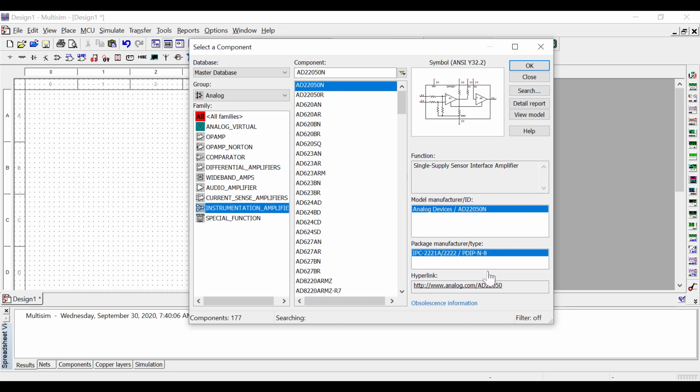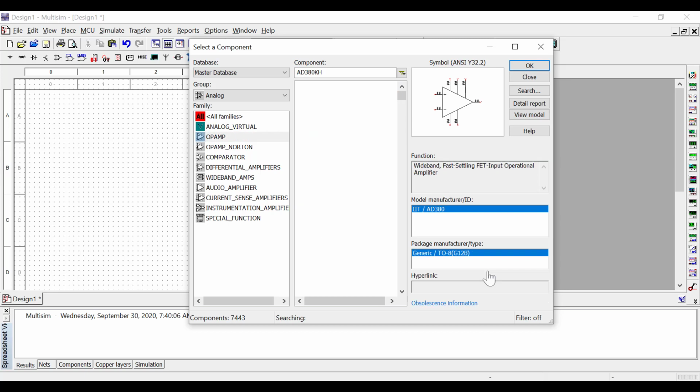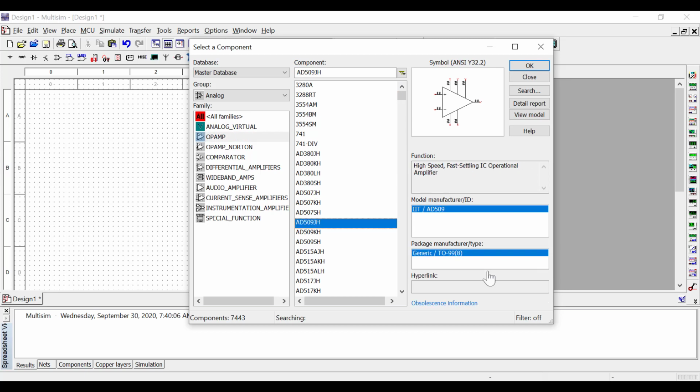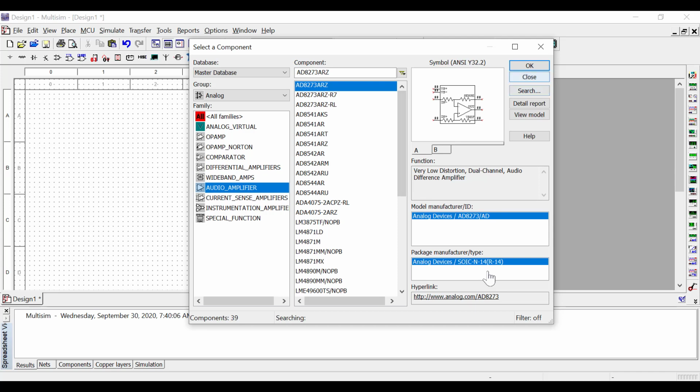These are all analog circuit related components or ICs, you can say. For each component the description is clearly given: which company has manufactured it and what is the function of that particular device and all.